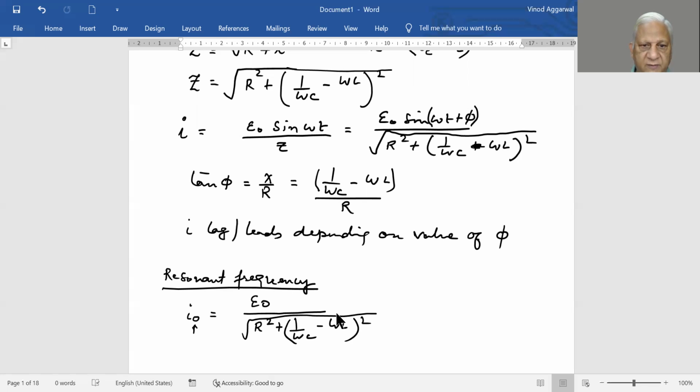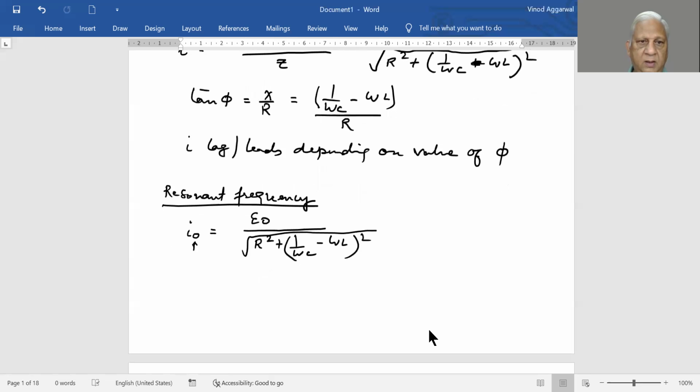This expression is maximum when this is 0. R is whatever R is, but if this becomes equal to this, then this expression becomes 0 and the total expression becomes maximum. So I is maximum when